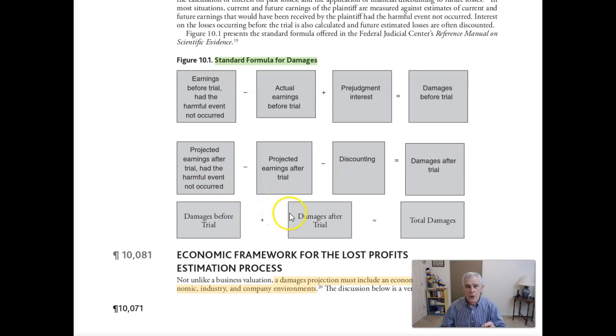Take away what the earnings actually were after trial. So there's the difference. You discount that, using a discount rate we'll talk more about later. You're discounting that back to the present value up to the date of the trial. So you have damages before the trial, damages after the trial, and then you'll add them together, and those are